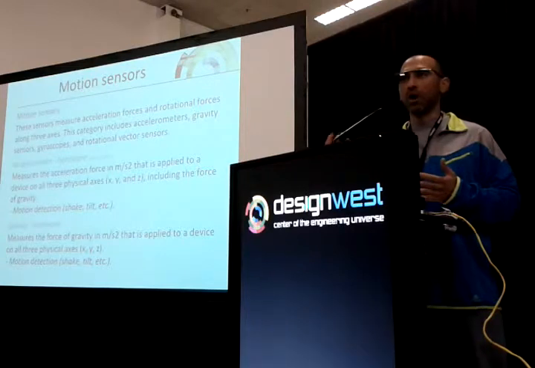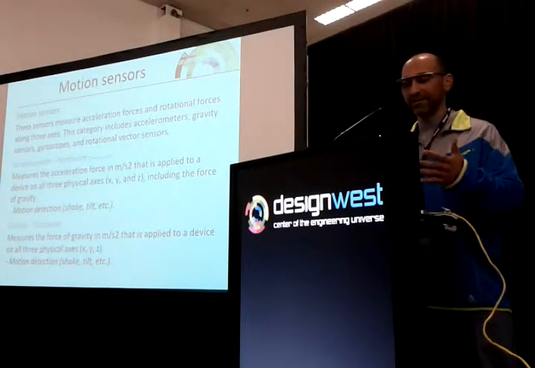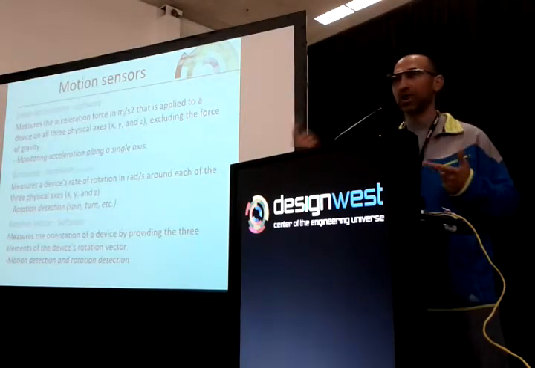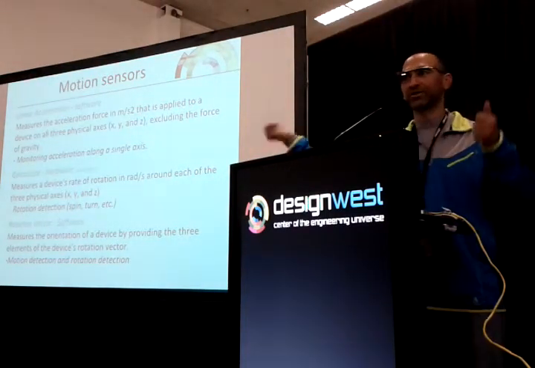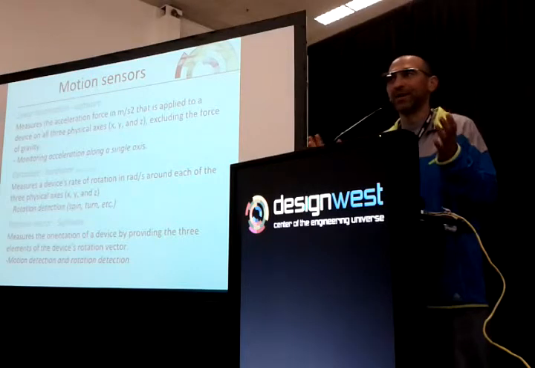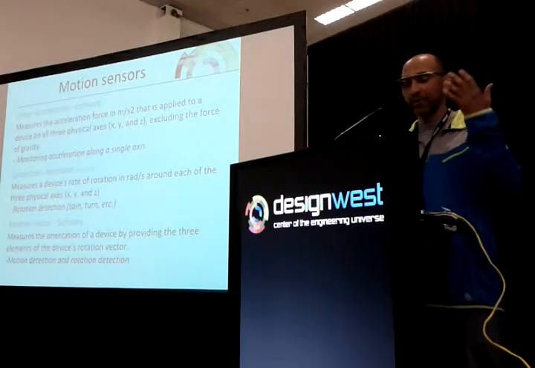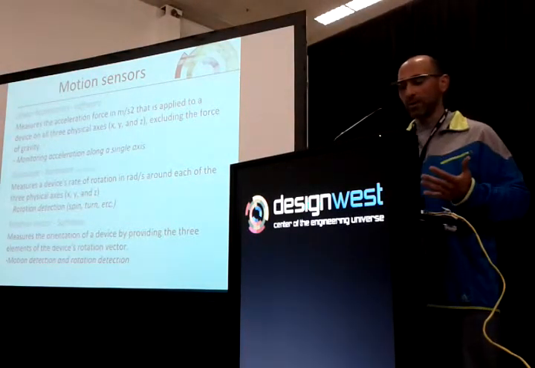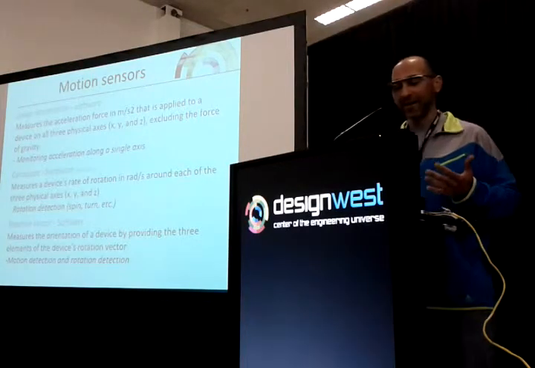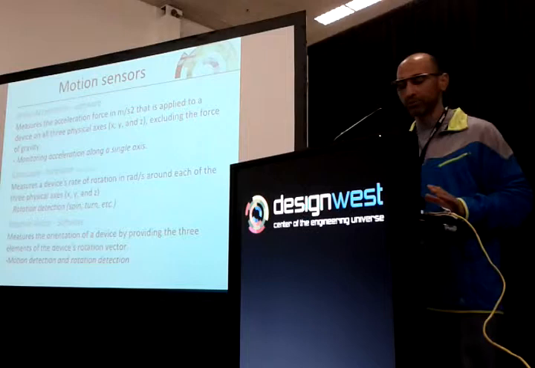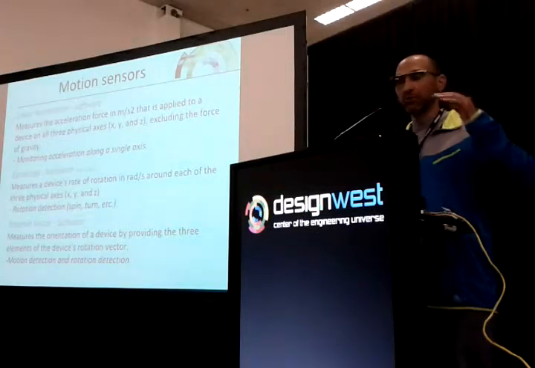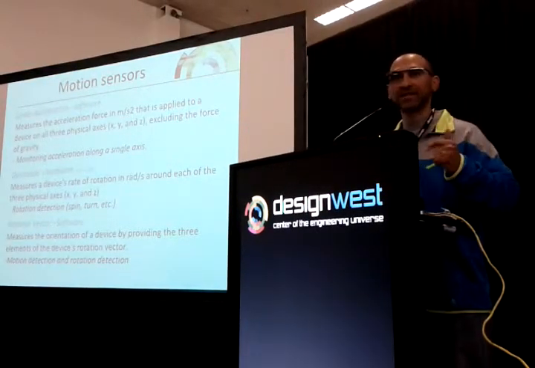We have another hardware sensor, which is gravity. And we take the gravity sensor and the accelerometer sensor, and we make a software sensor that is linear acceleration. And this is actually what you want, because when you start calling the linear acceleration, you see numbers that make sense. And again, we have the gyroscope, which works off the Coriolis effect, and it gives really weird numbers when you start working with it. But you want to use the rotation vector. And when you use this sensor, it makes sense.